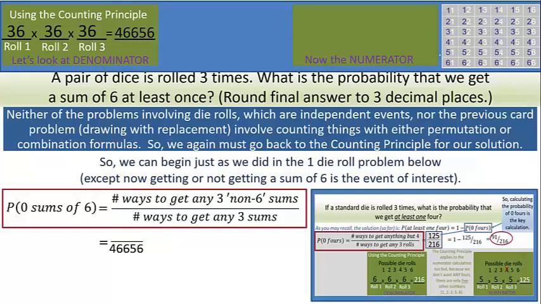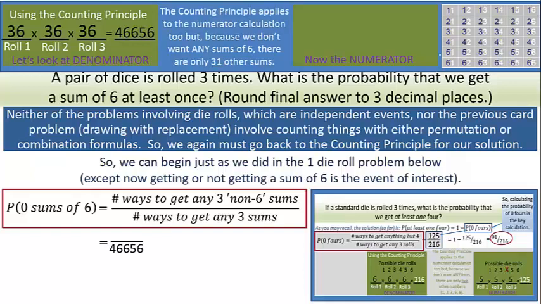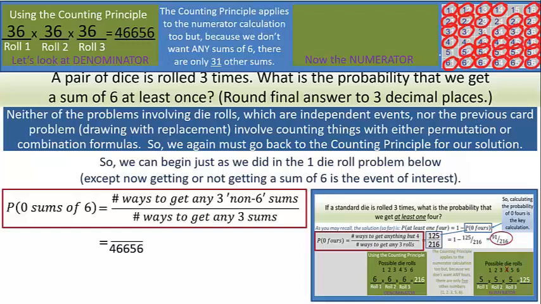Let's move to the numerator. Now in the numerator, we don't want any sums of 6. We're looking for the probability of getting no sums of 6. Well, if you look up there, there are 5 of them: 5,1 adds to 6, 4,2 adds to 6, 3,3 adds to 6, 2,4 adds to 6, 1,5 adds to 6. In other words, only that diagonal line of sums that I did not circle add to 6. We want the ones that don't add to 6. And if you count those circles, or just say 36 minus 5 that weren't circled, you'll see that there are